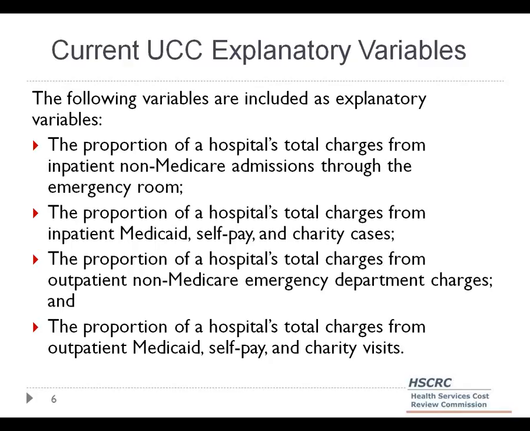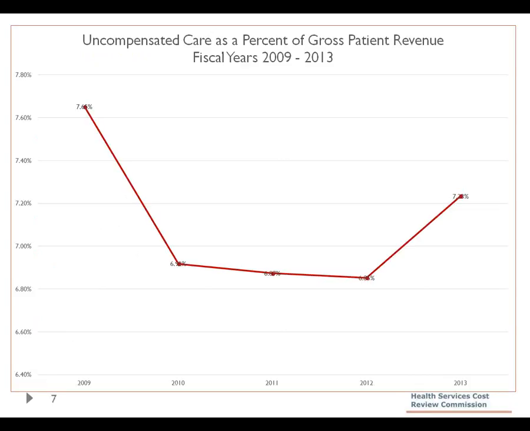Now we also have the outpatient emergency room charges, and as I said, those variables with emergency room charges are not holding up in the equation. So those are areas where we're looking for new variables, and one of the things we'll ask Mike Robbins and the hospitals to weigh in on is, as they see their bad debts developing, are there new factors that they think we should put into the formulation this year to try out as variables,